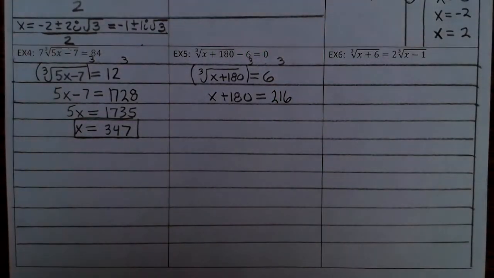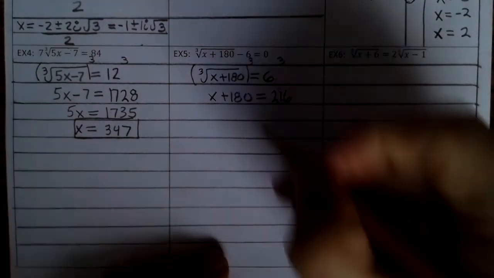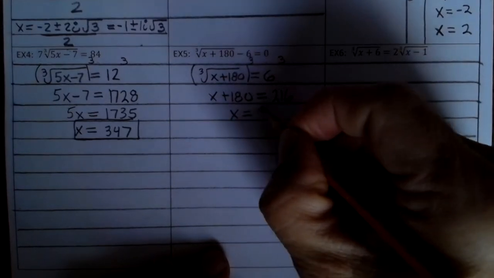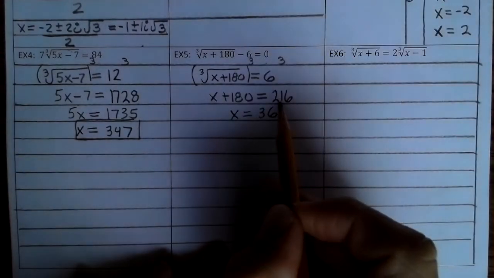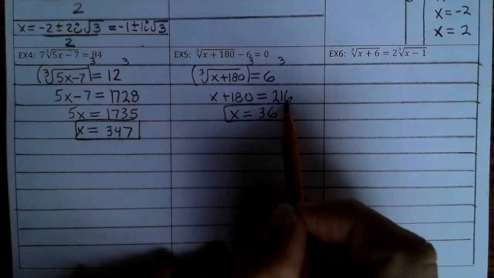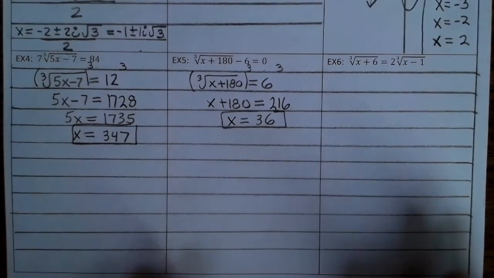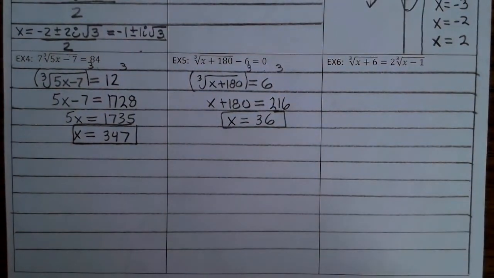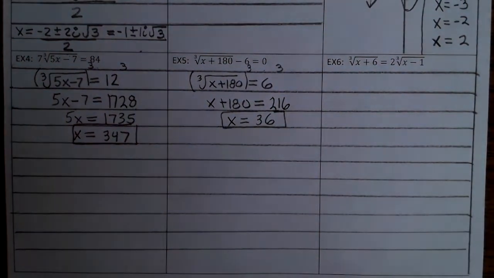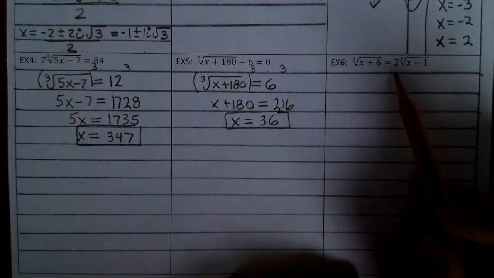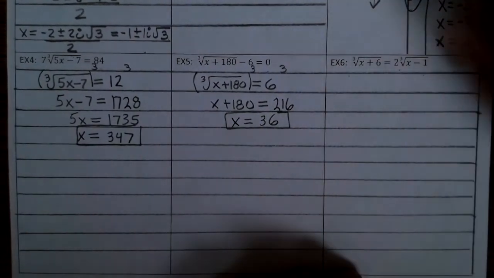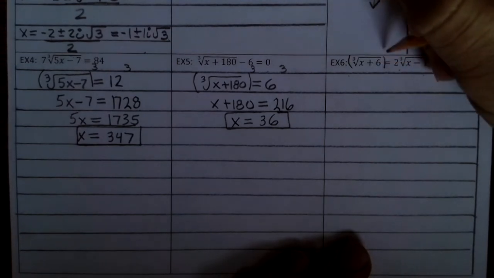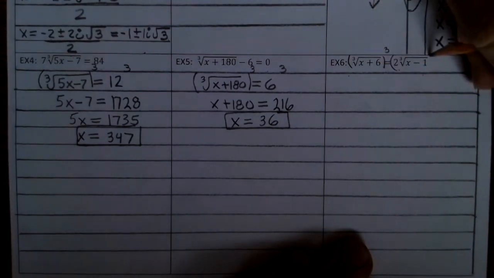Okay, go and finish up example 5. All right, example 6. Now, there's really nothing we can do to either side, so we're just going to have to cube both sides. Okay, well, that uncubes the cube root, so you're left with 1x plus 6 equals, now, when you cube this,